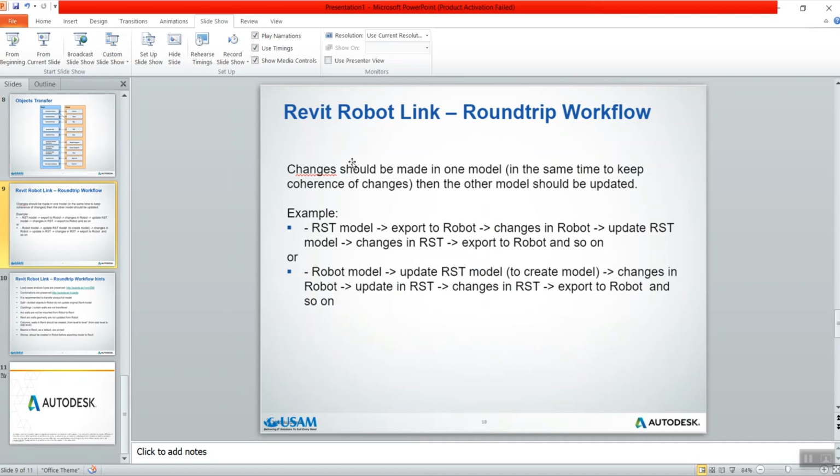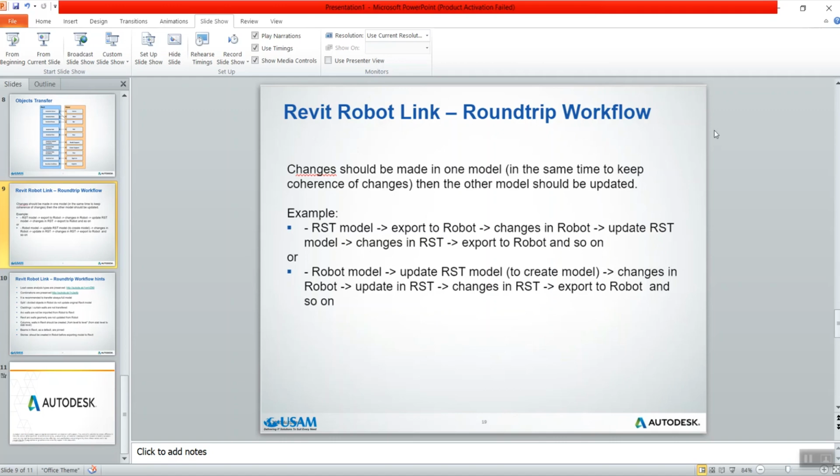For example, first the Revit structure model should be exported to Robot, then the changes are made in Robot, then you come back to Revit structure, update the model using the option, then make changes in Revit structure and export to Robot again. This should be the workflow.